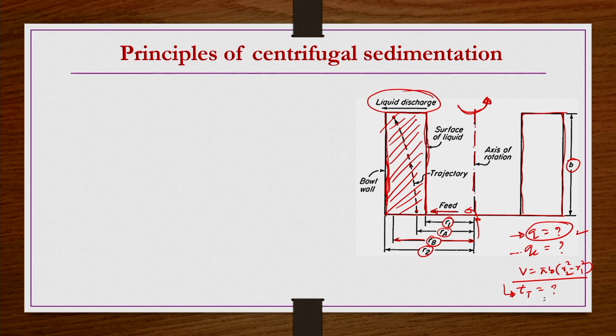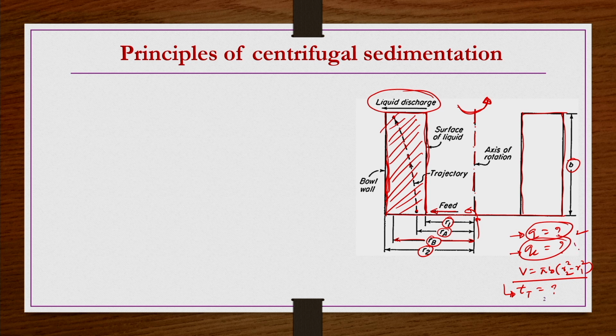Particles having a diameter smaller than that will be retained in the liquid. The particles having a size larger than that d_pc, the cut diameter, will hit the wall and then they will be separated, right. Corresponding to the cut diameter, we find a minimum size of particles that will definitely hit the wall and be separated. Obviously, the particles which are larger than that size will also hit the wall and be separated. That is why we call it the cut diameter. Corresponding to that, we will also find out the volumetric flow rate.